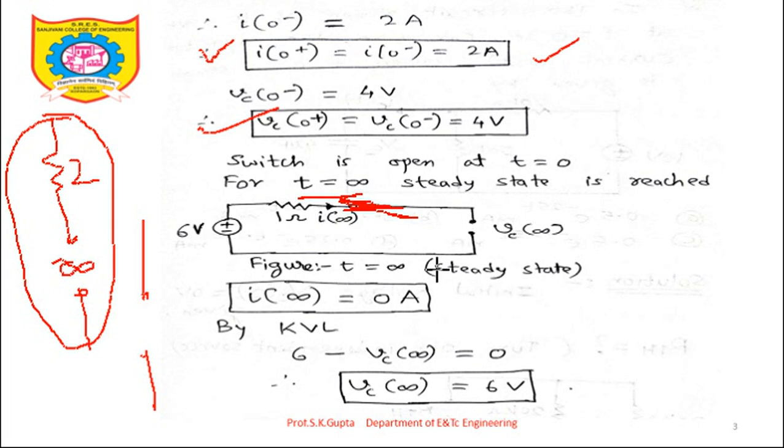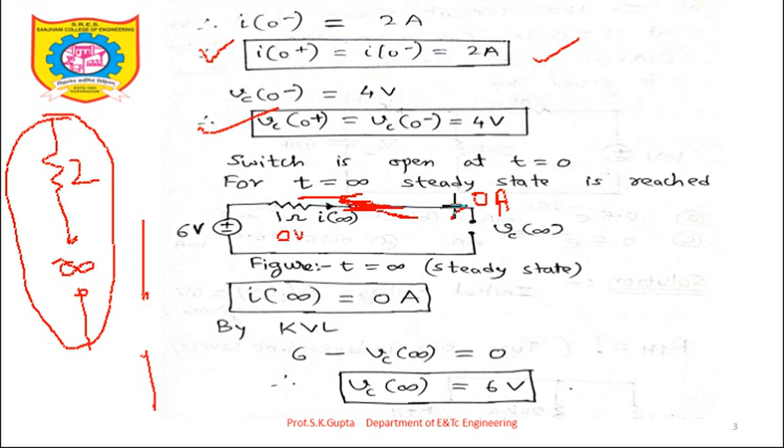So one simple equation is there. Now, as the capacitor is acting as an open circuit, the current will be 0 ampere. So from the 6 volt source, the current comes out as 0 ampere. So how much is the voltage drop across the 1 ohm resistor? 0 volt. Because the voltage drop is resistance times current, and the current is 0, that's why the voltage is also 0.